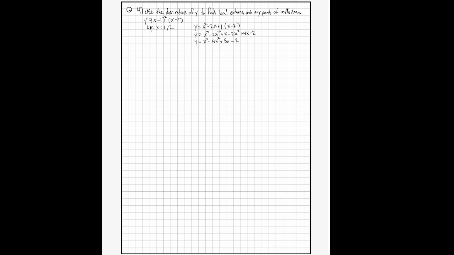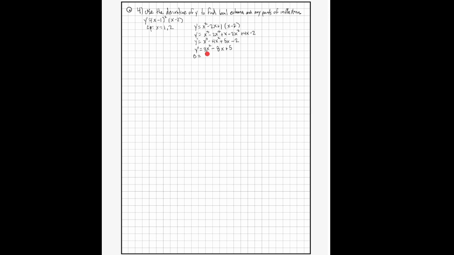Alright, now what I do is I find the double derivative of this equation right here. This one I find the double derivative by just using the power rule. That's pretty much it. The double derivative of this equation will be 3x squared minus 8x plus 5. Alright? And then the next step after this is I need to set y equal to 0 to get the extremas, right? So when I make this equal to 0,